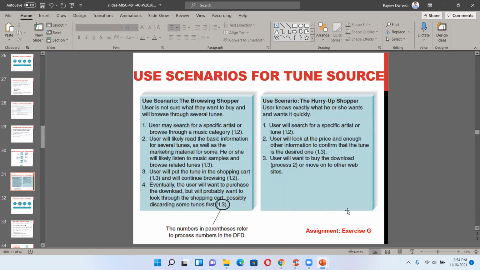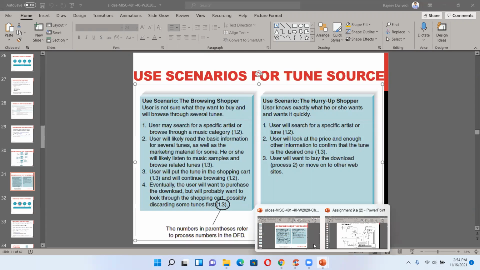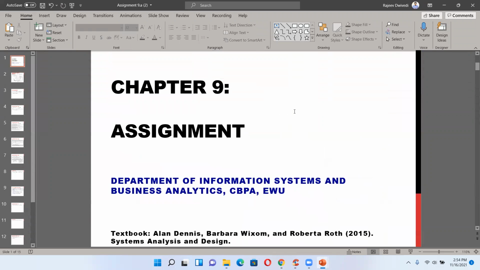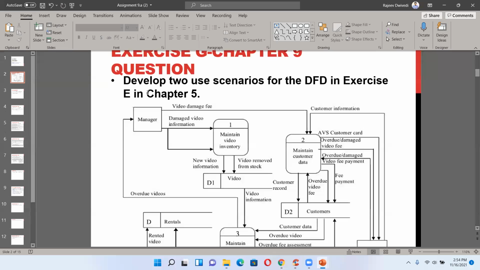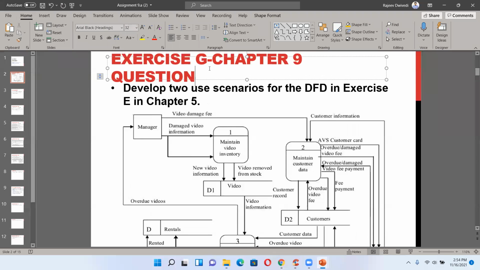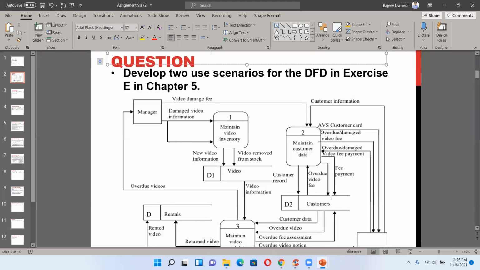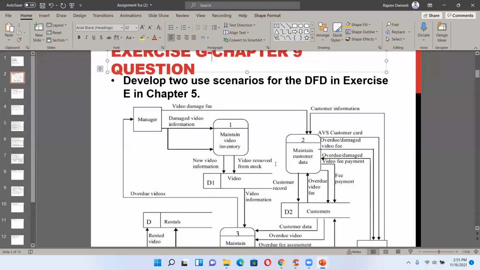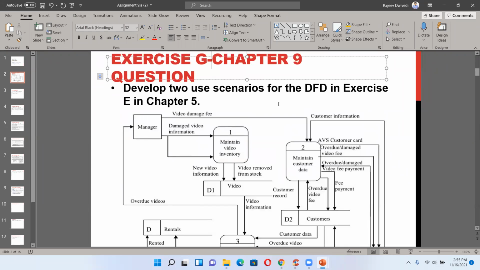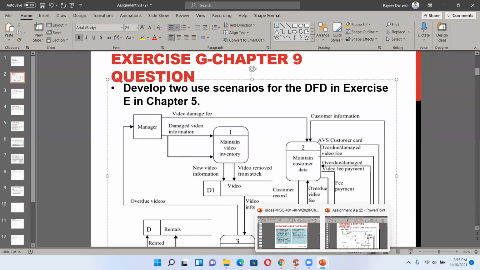this is based on your Exercise G assignment. So basically this is your Assignment G. Based on this level 0 DFD, you are going to develop two use scenarios for the DFD in Exercise E in the chapter.